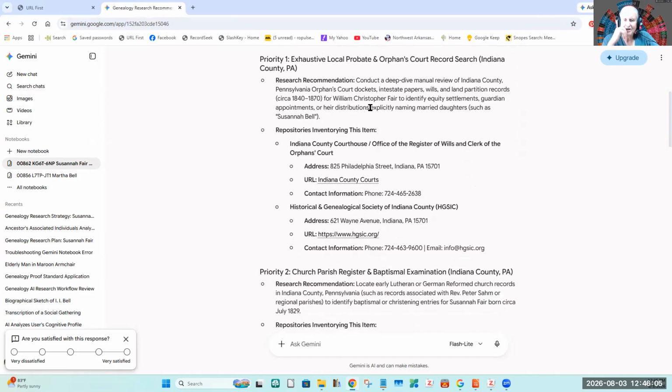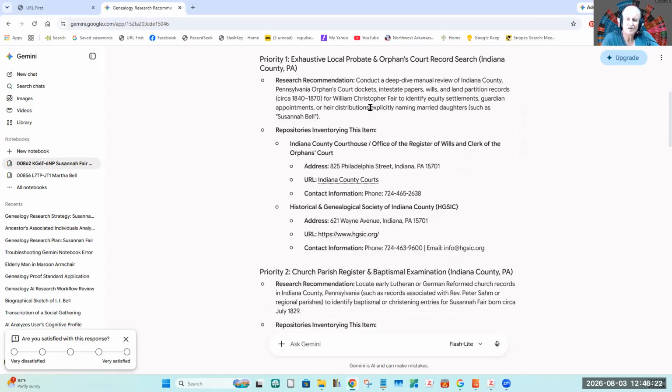Okay. Planned exhaustive local probate orphans court record search. So that's the first priority that this prompt sees as needing to be done.